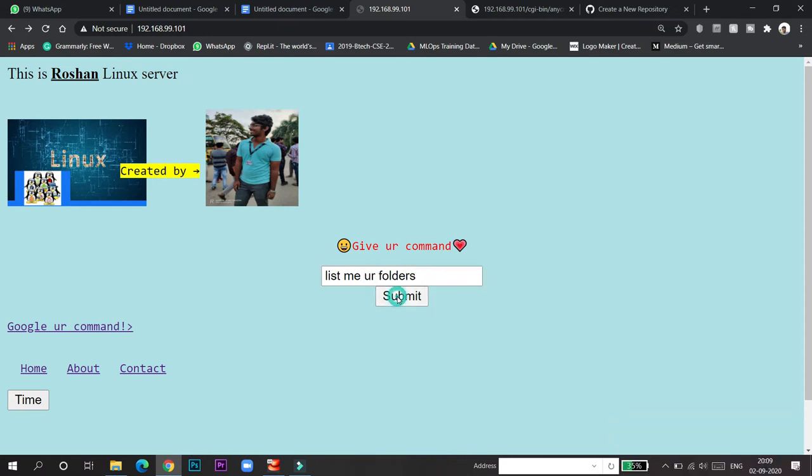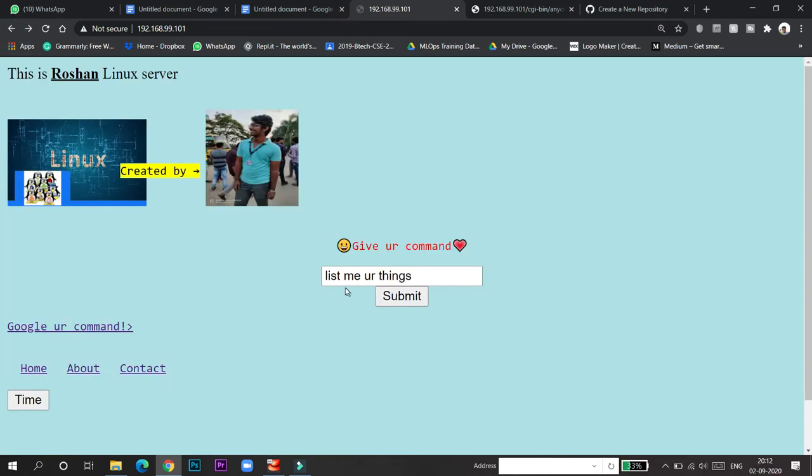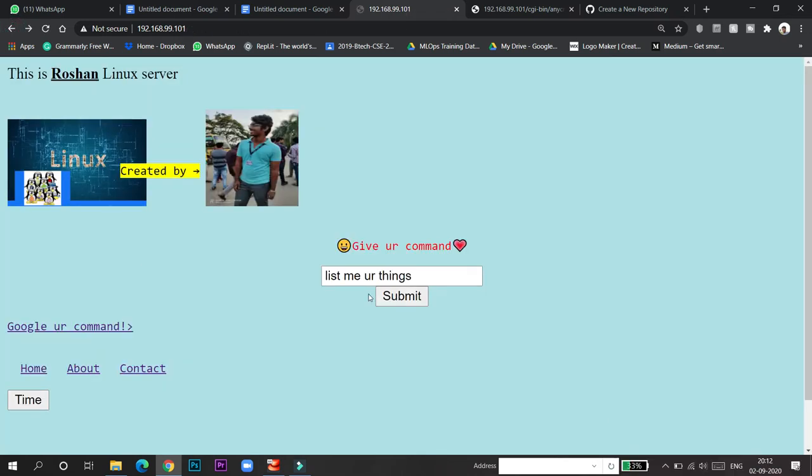If I submit, or if you write list me your things and hit enter, you can see the program I've written in my CGI bin folder is showing my ls command view.